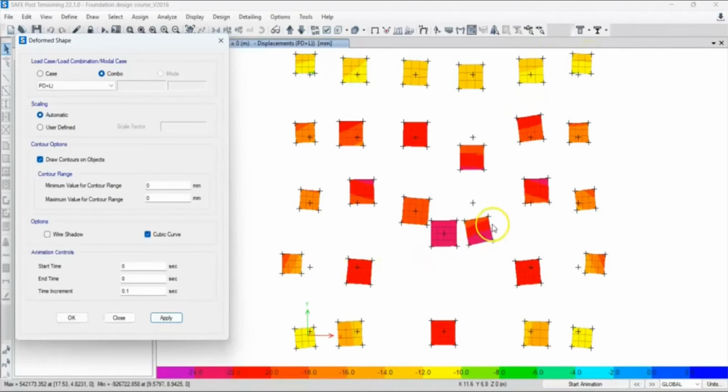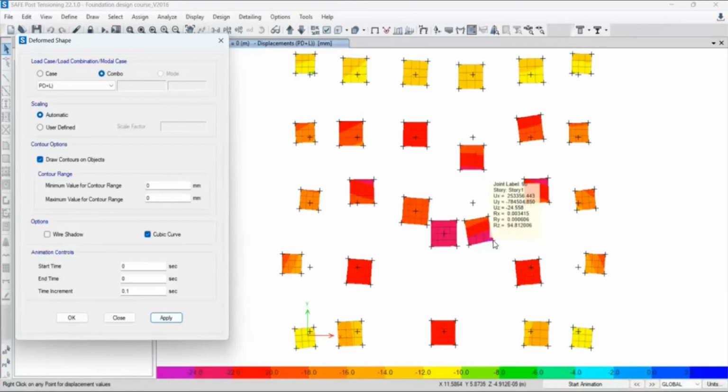these are all fine. What about this? This is 19. So at this point, you can see this is 24.558 millimeter. This is 22 millimeter. This is 11. These ones are fine. So as you can see, the maximum value we're having for the settlement of this footing is 24 millimeter, which is located at this particular footing, right? This is the maximum value. This is 24.558. It is negative because